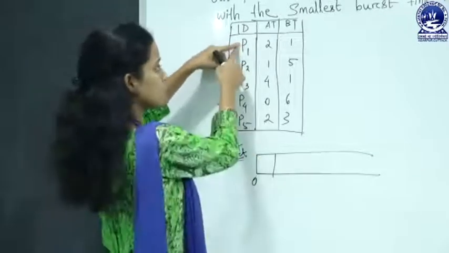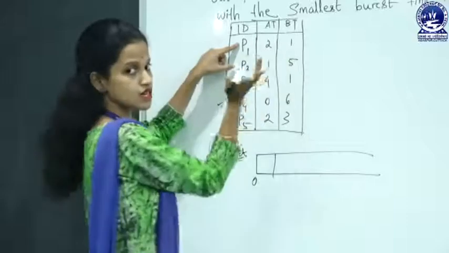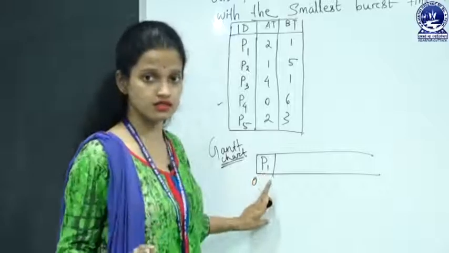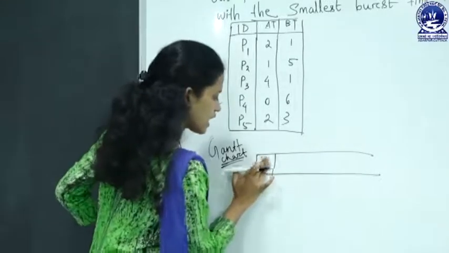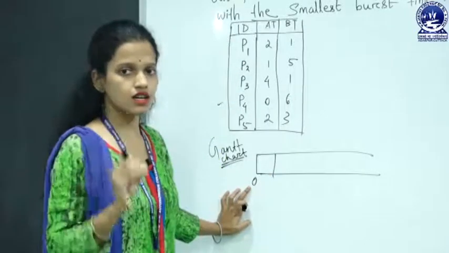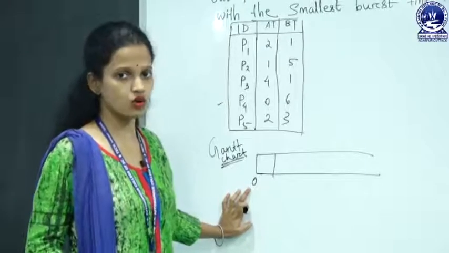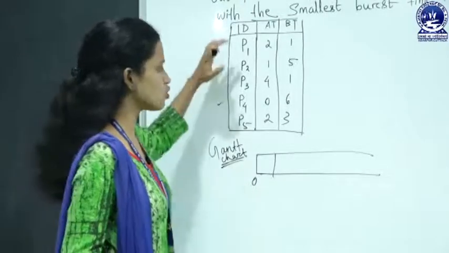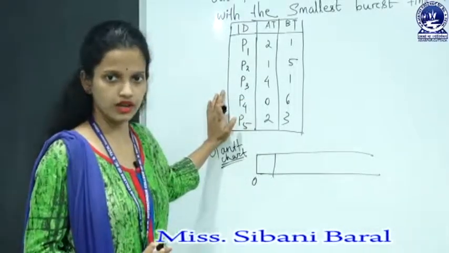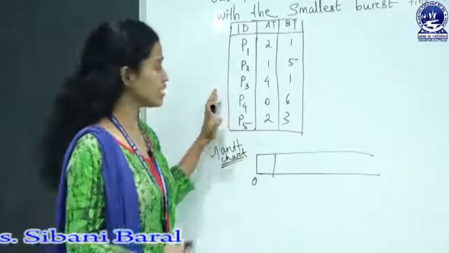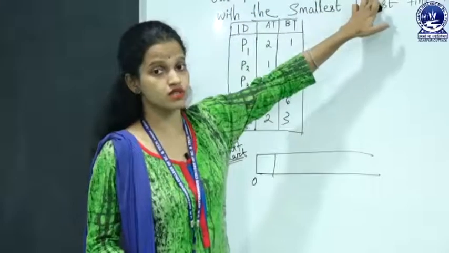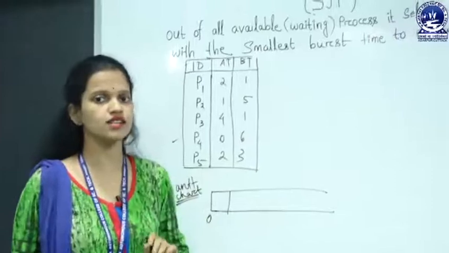Then we have to pick up P1 having minimum burst time as the FCFS, then you have to write this P1. No, that is not right. Because at the time 0, there are no process come at the ready state yet. At the time 0, there are no process reached yet at the ready state. So there is only one process, that is P4. See, out of all available process, we have only one process at the ready state.